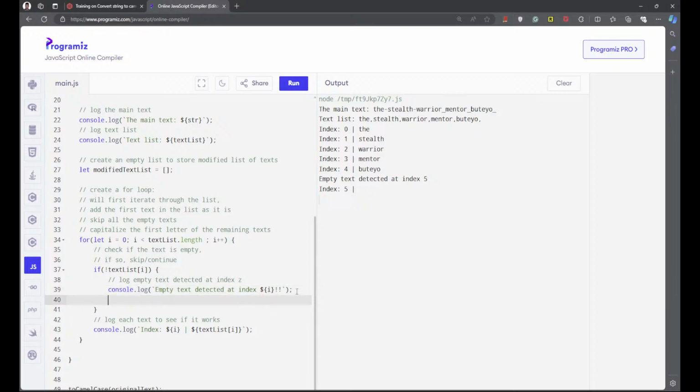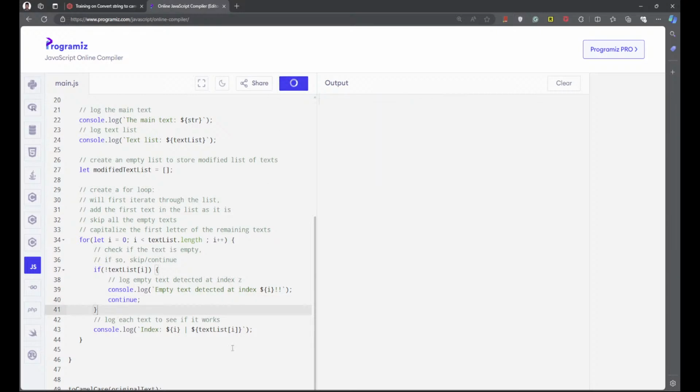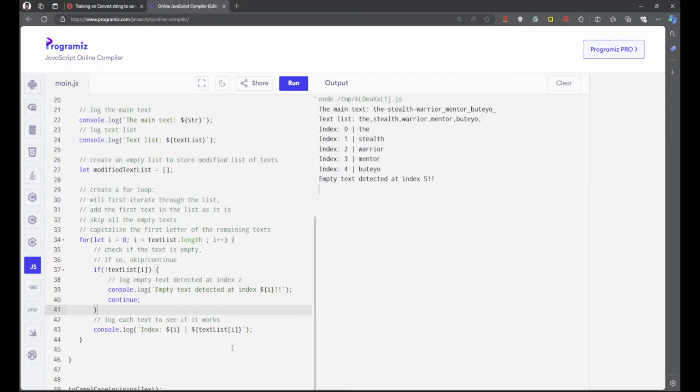So I want to skip it. So if you want to skip something in a loop, we use continue. So let's run it again and see. Okay, now so far so good, right? Okay, so now that is done,